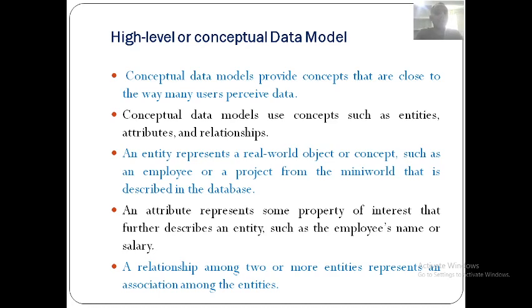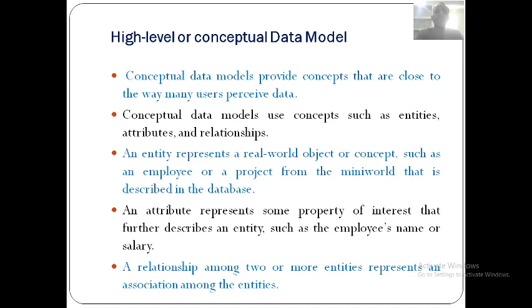If I want to design a data model, you will collect all the information and decide this is one entity and this is another entity, and among the entities you identify all the required attributes which are needed. Then conceptual data models use concepts such as entities, attributes and relationships. This is what I explained.